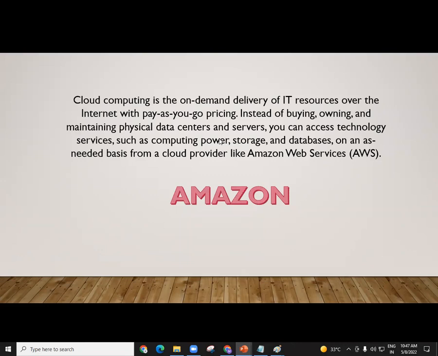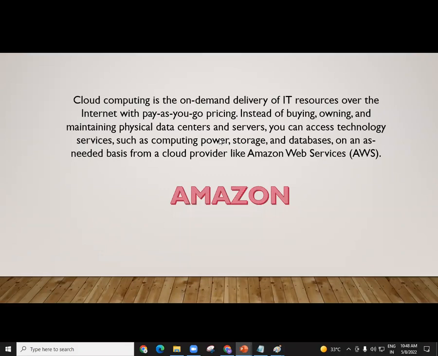So cloud computing is an on-demand delivery of IT resources over the internet. Internet connection is mandatory here. Over the internet with pay-as-you-go pricing. Pay-as-you-go pricing means how much you use, that much you pay. The easy example is electricity. We are getting electricity in our home. This month, maybe you get 700 rupees as your bill. Next month, it can be 3,000 rupees. Why is there so much difference? Maybe next month you are consuming more electricity, so the billing will be high. Same logic here. When we run our applications on some other data center, how much we run, that much we pay. Again, this is a very excellent concept.